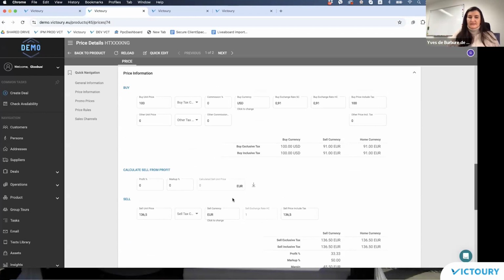This is the case in this case. So if you enter your buy price in the buy currency, you will see the buy currency's exchange rates towards your home currency.